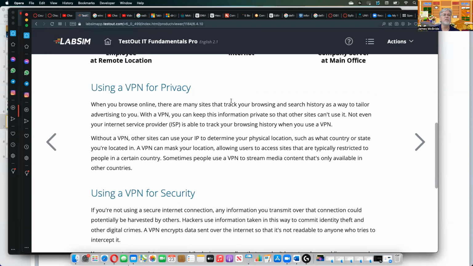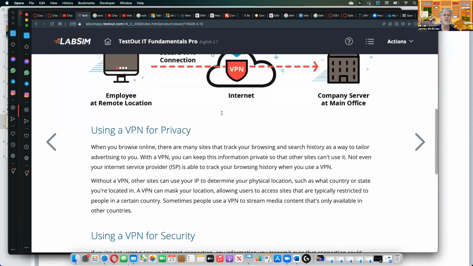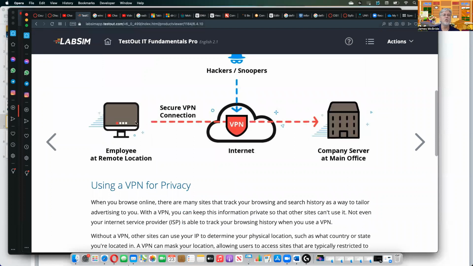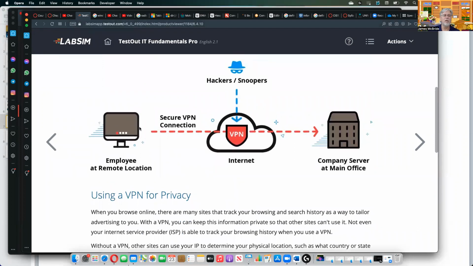So what happens, of course, in a VPN service like this, is you actually connect to some VPN service out there. Then the VPN service makes the request to whatever website that you're using. So the VPN is the one requesting the information, and then it passes it on to you,